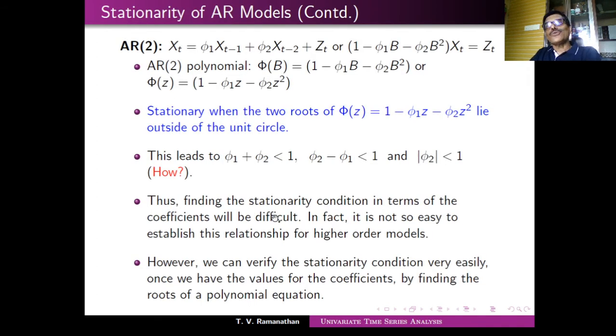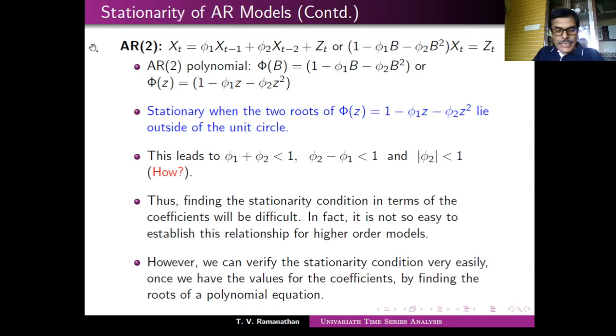Now let's look at AR2. What happens in AR1 was easy because your coefficient equation, or polynomial equation, was an easy one. It's the first degree. Look at the AR2. AR2 is xt equals phi1 xt minus 1 plus phi2 xt minus 2, or you may write this polynomial in this fashion, 1 minus phi1 B minus phi2 B square, which is called the polynomial equation. Now let's try to compute the roots of this equation. This will have how many roots? This will have two roots. If the roots lie outside the unit circle, we can say that inversion is possible.